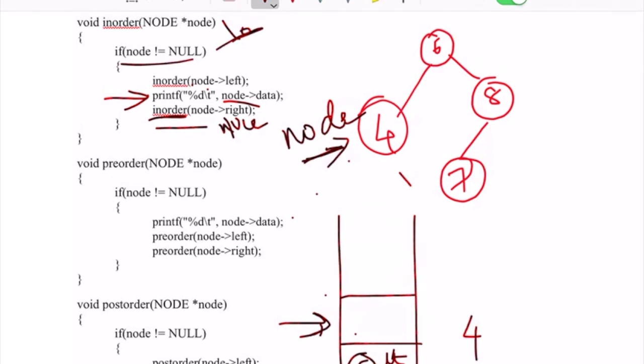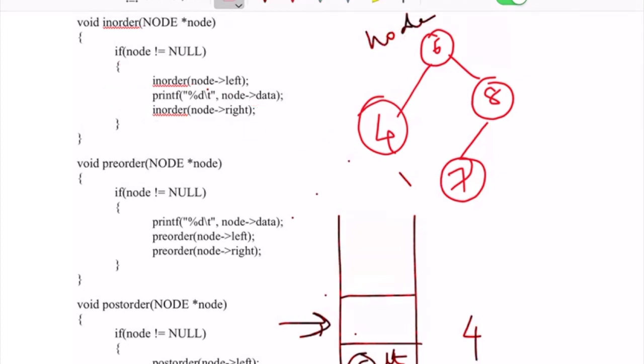Since you have 6 as the previous node, this will become the node now. This was the node till now, and now you have popped it from the stack. So node would be coming back to location 6. For this particular node we were already done with the left one. So the next part would be the printf statement. The printf statement is printing the data field of that particular node. The data field says 6. 6 will be printed onto the screen.